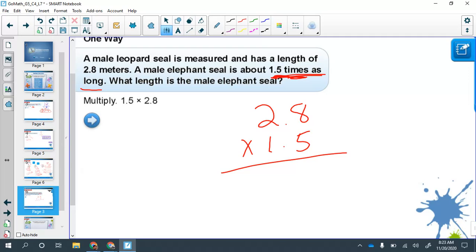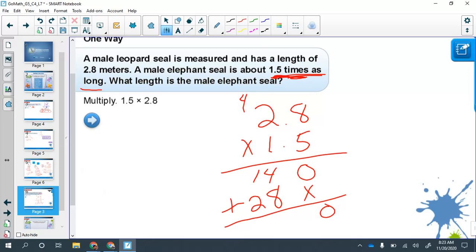So why don't you pause it, try this problem, and then come back and check and see how you did. All right, 5 times 8 is 40. 5 times 2 is 10, plus 4 is 14. Placeholder, 1 times 28 is in fact 28. I add them together and I get 0, 12, and 4. Up here I have 1, 2 decimal places. So here I have 1, 2 decimal places. So the answer is 4